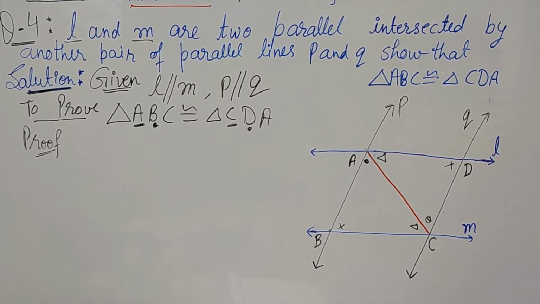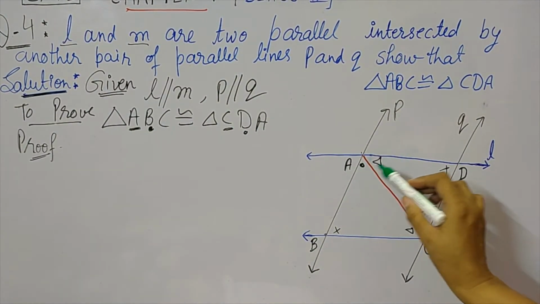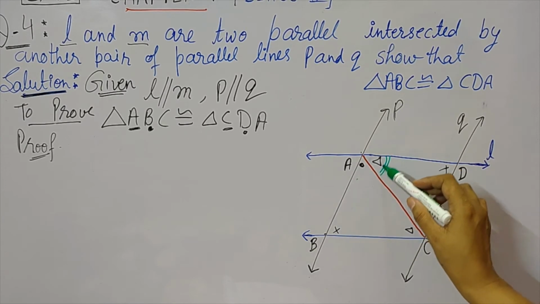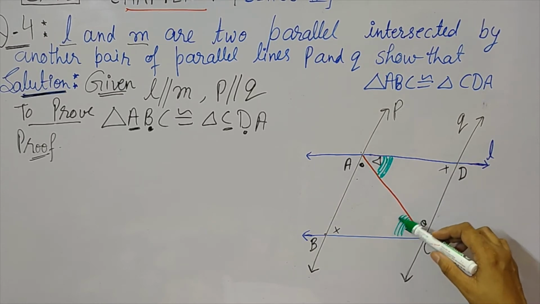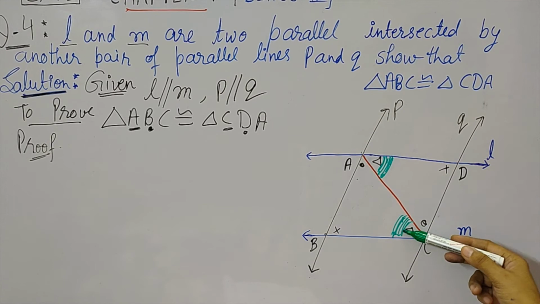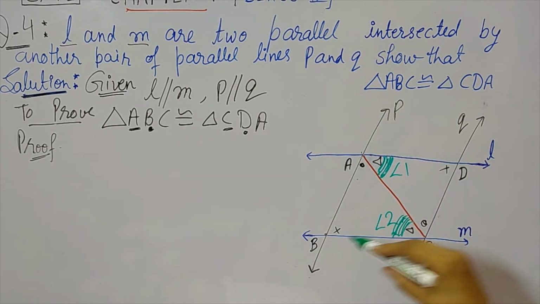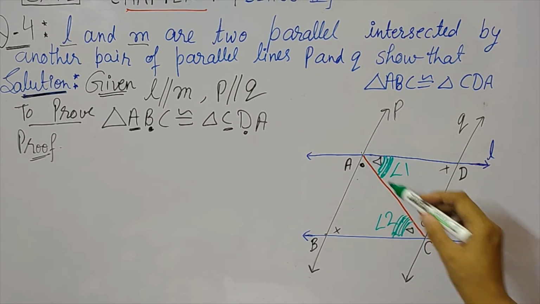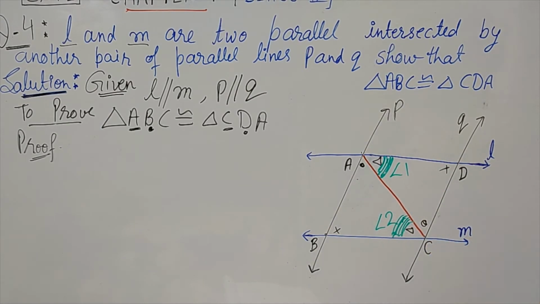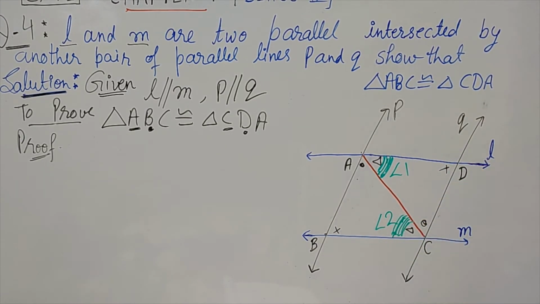Okay, and after getting this correspondence, as you have seen by the naming, point A is corresponding to C. So the angle at point A of one triangle corresponds with the angle at point C of the other triangle. If you name them as angle 1 and angle 2, clearly these lines were given parallel to us. As these lines are parallel, what are angle 1 and angle 2? Now it's not in need of much explanation. You all are very perfect in all these things now. Angle 1 and angle 2 are at the position of alternate interior angles. So clearly you can write angle 1 is equal to angle 2.